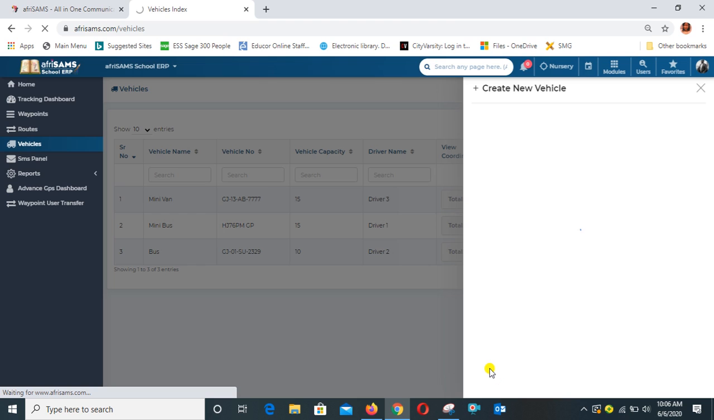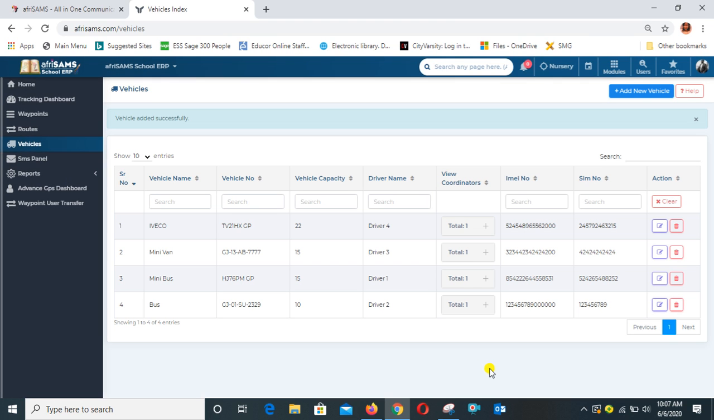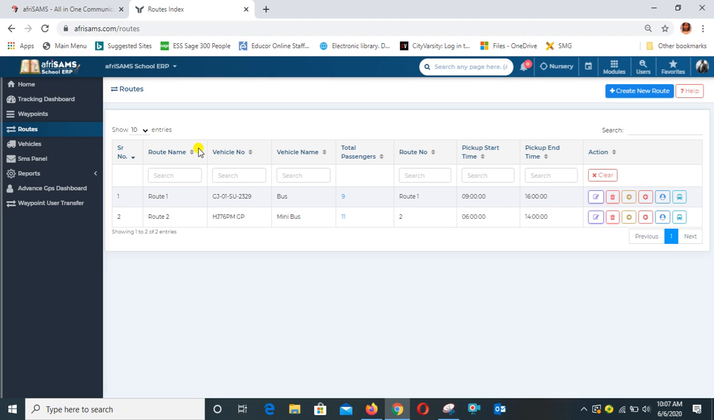This will then register the vehicle and the driver assigned to that particular vehicle, and here it is, as you can see. Then what we do now is we go to routes, the routes of the vehicle. So we have to create a route to say, at this point, what time will the bus be picking up the student? Now we have to create a new route,